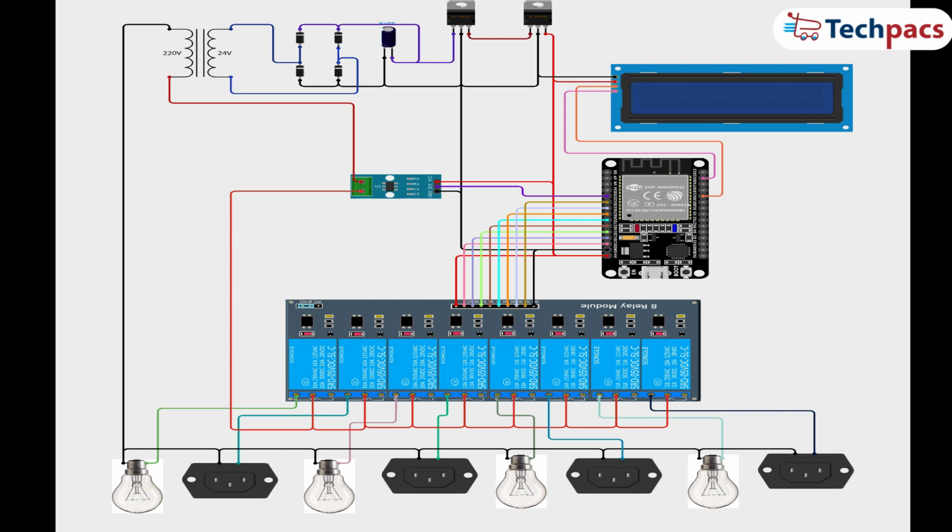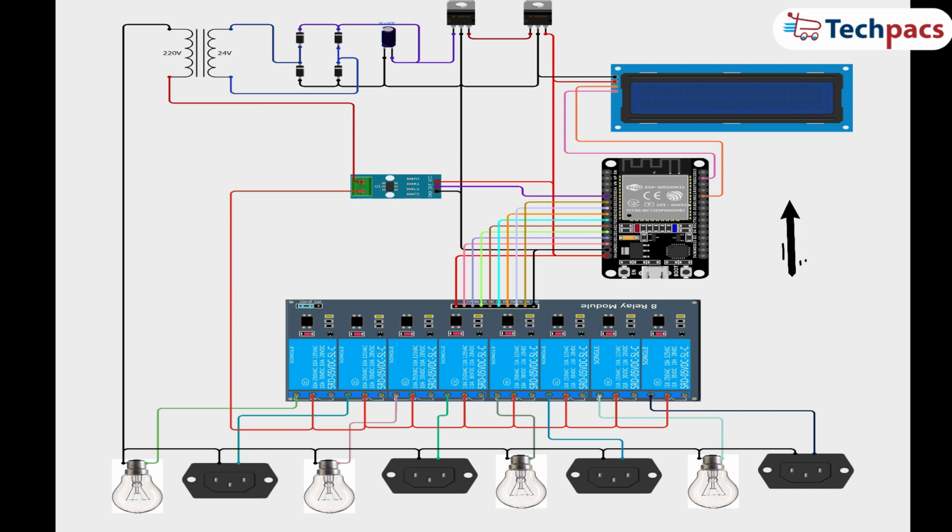This allows the relay to control whether the device receives power or not. Current sensor. The current sensor is placed in series with the load, meaning it measures the current passing through the devices connected to the relays. The sensor outputs an analog signal proportional to the current, which is fed to the ESP32 for monitoring and threshold